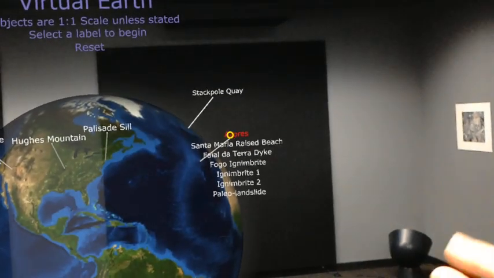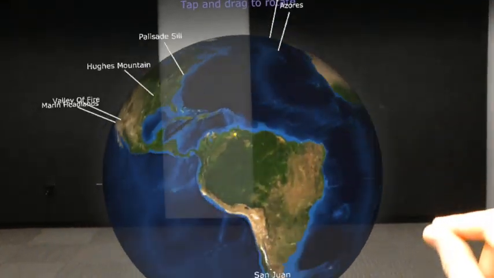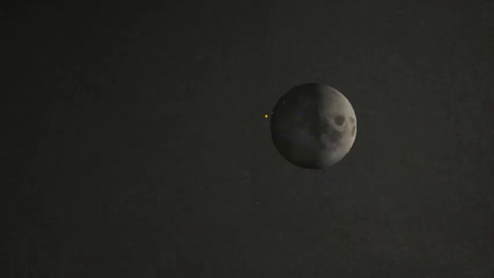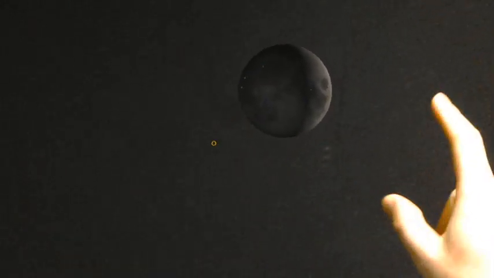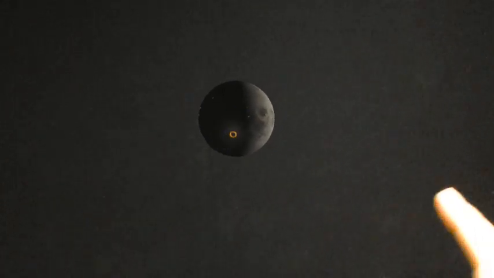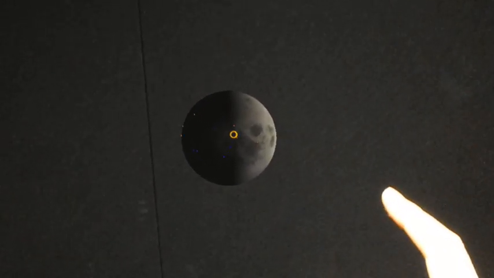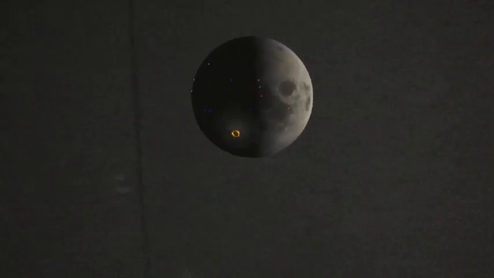I can close that. But one last thing that I haven't shown on here before is I have the moon. And see on here that I've got a bunch of different spheres. These are all the landing sites. And eventually we're going to include all the different landing site locations and their DEMs and geology. But so far, if I go in close,